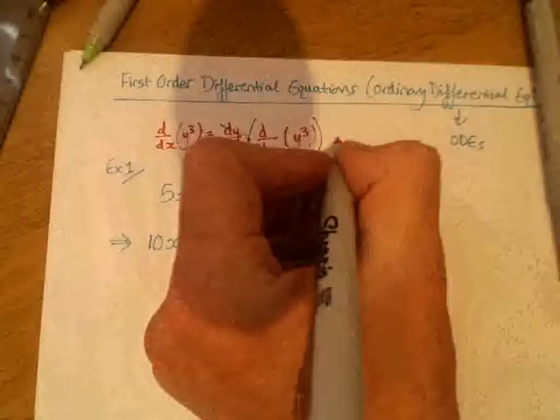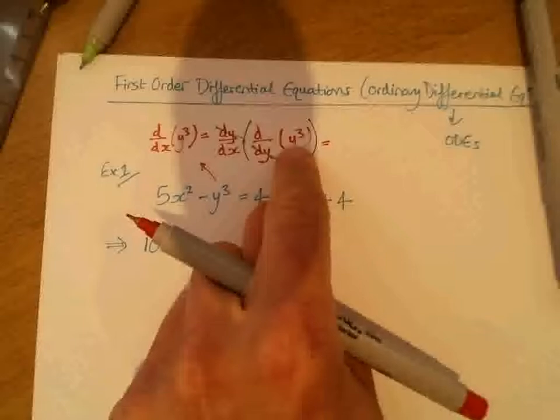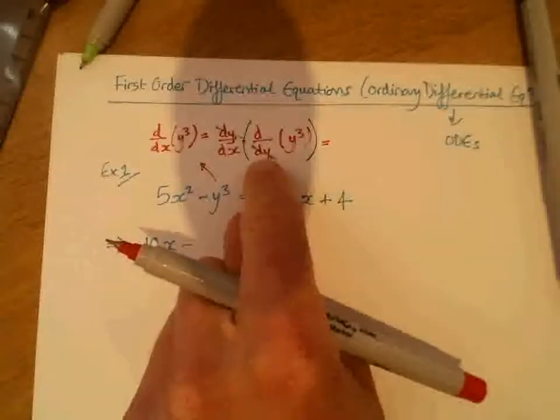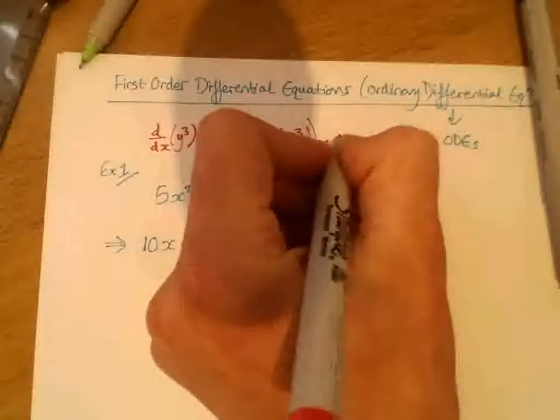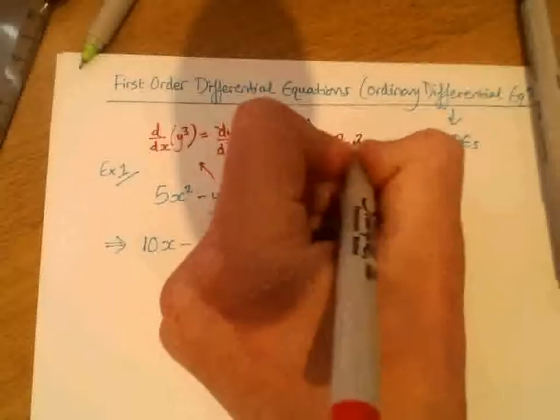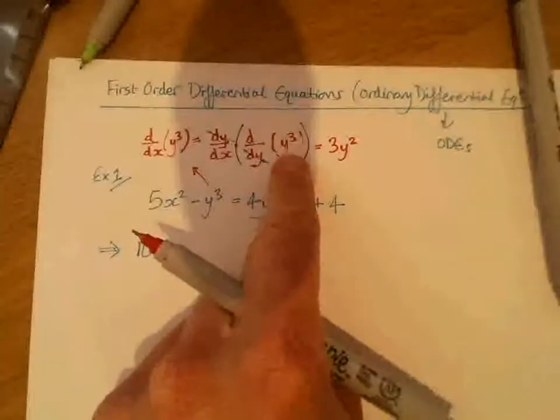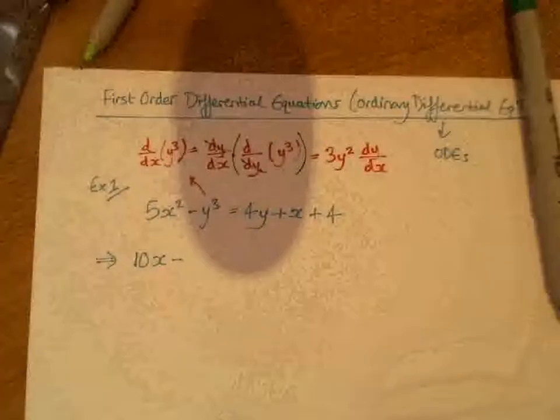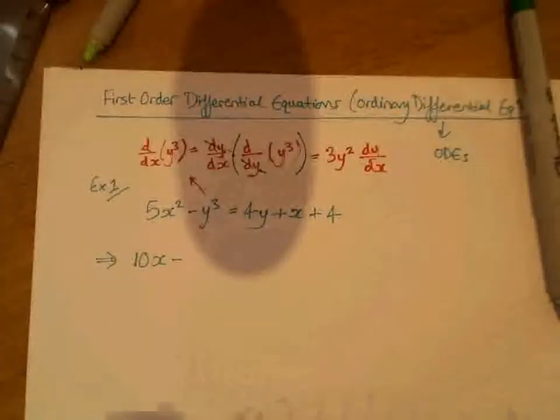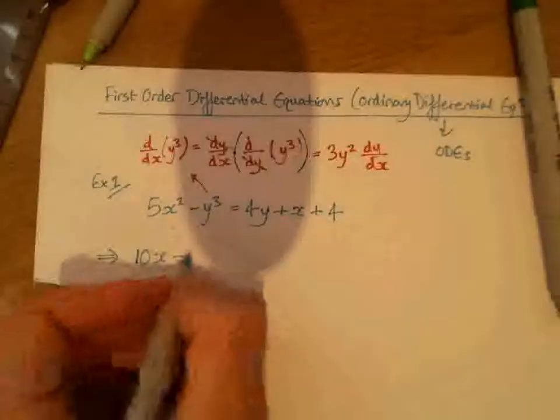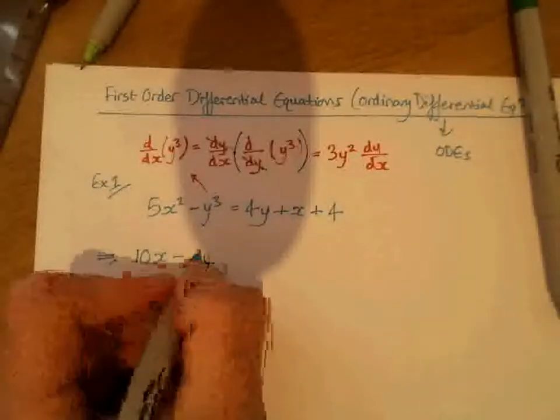And that's handy because if I consider just doing this bit together, then I can differentiate quite easily y cubed with respect to y, because I get 3y squared, and it's just a bit more common, but it's not necessary to do this bit first. But just doing that bit first, I get 3y squared times dy by dx. So that's a recap of that bit, which enables us to deal with the y cubed. So if we pop that in,